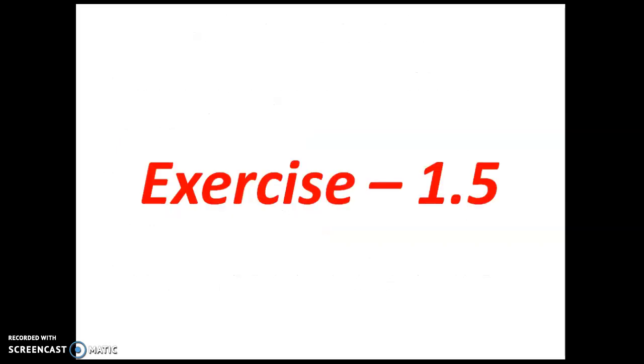Okay, so with this we will see some exercise problems. Exercise 1.5. Classify the following numbers as rational or irrational. First one is 2 minus root 5. So 2 is a rational number and the square root of 5 is an irrational number. With this, if we do the operation of minus, what will be the answer? We have to say whether it is rational or irrational, that's it.